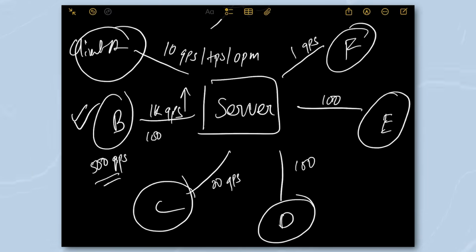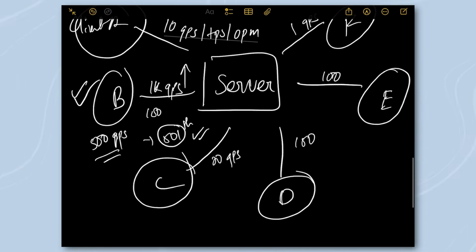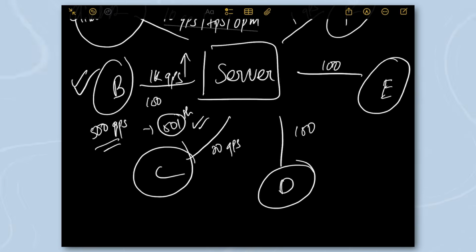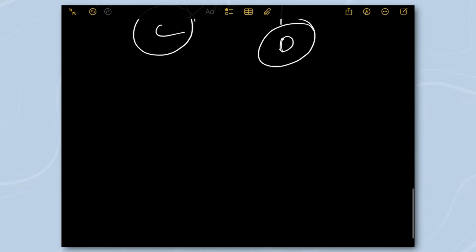So all requests above this 500, like the next 500 requests, will be rejected because those requests are going above the quota. Like load shedding, enforcing rate-based quota involves cheaply sending an error response instead of handling that request. However, this response indicates that the client has exceeded its quota, not that the server is out of capacity, right? So this never means that the server is down or crashing or throttling. It simply means that the client is trying to overuse whatever quota was assigned to it. So we'll simply send back to client B